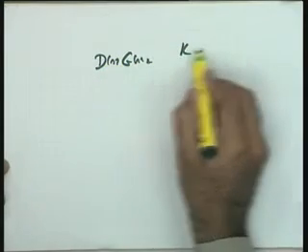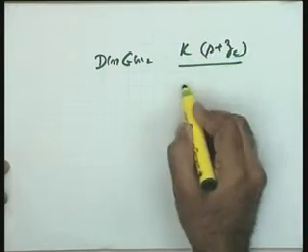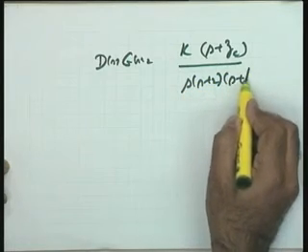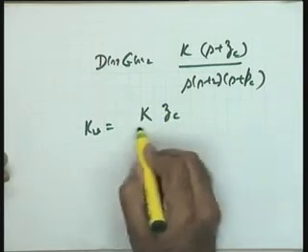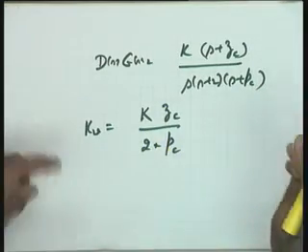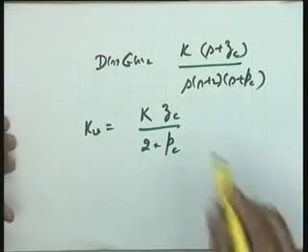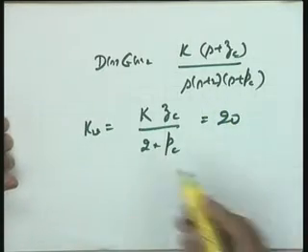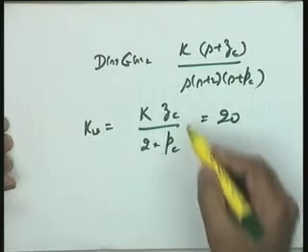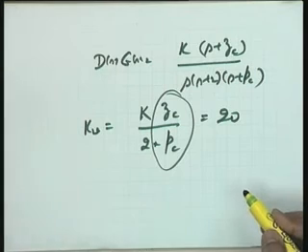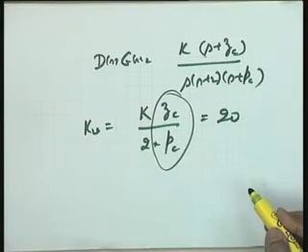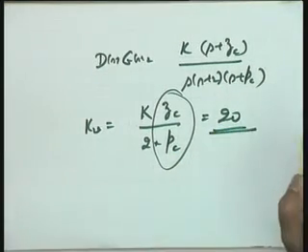Look at the Kv please, help me please, how to meet the Kv requirement. Your G(s) will become K(s plus Zc) over s into (s plus 2) into (s plus Pc). Kv is equal to K Zc over 2 Pc. You want this equal to 20. If you want this requirement to be satisfied, Zc by Pc should be boosted by a factor of about 8. In that case the Kv requirement will also be satisfied.